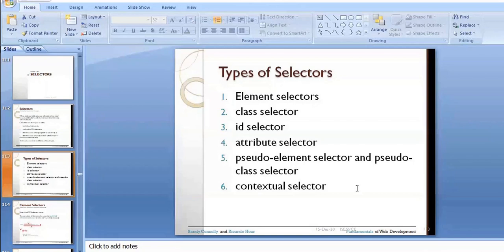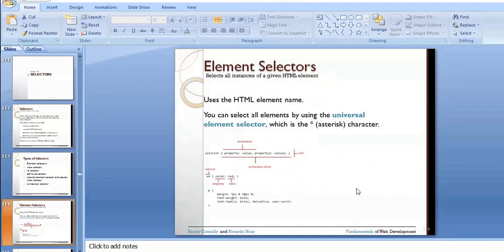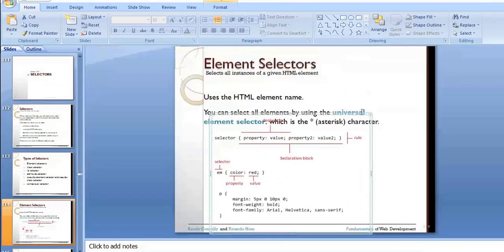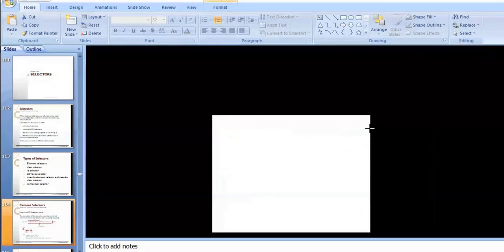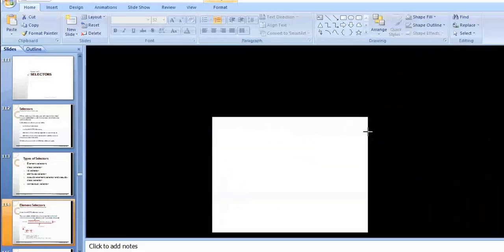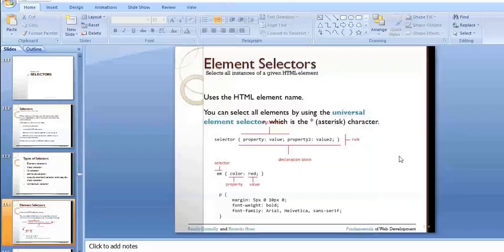The first one, element selector. The name itself tells you're going to apply CSS for an element. You're going to apply CSS for a particular HTML element. You can select elements using 2 types.